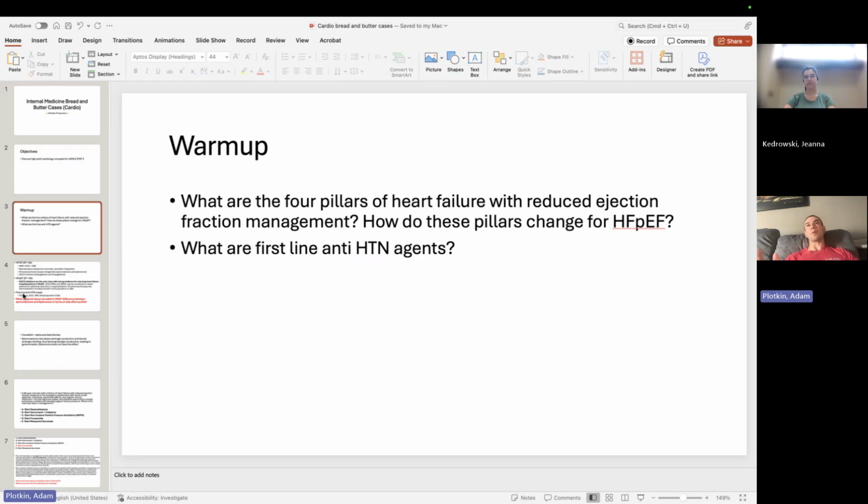We have to just be careful, right? If they have any kind of reactions to an ACE-I, the big ones are going to be angioedema and the cough, consider an ARB, right? Those have less of an effect. But those are just some things to consider when you're reading a question.